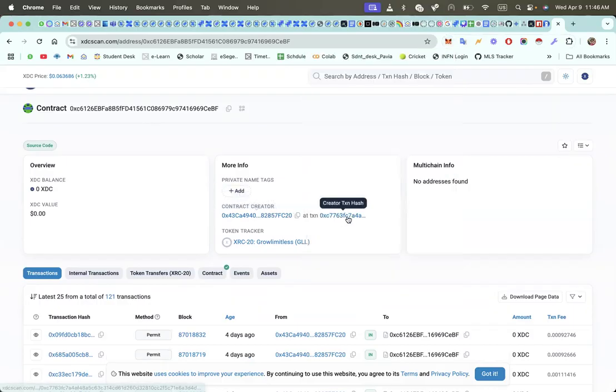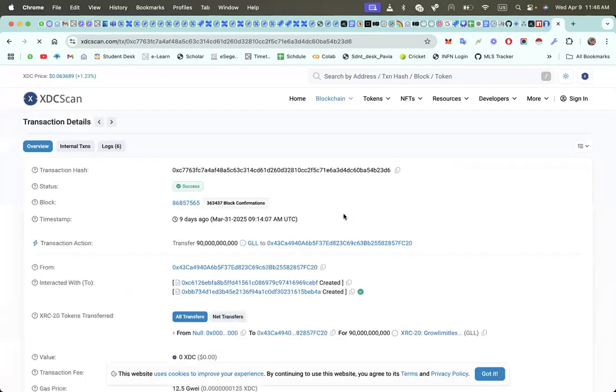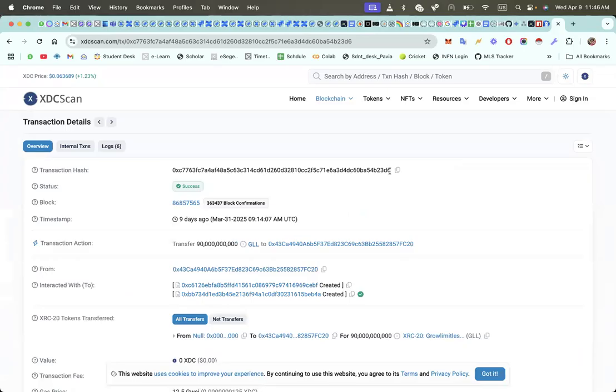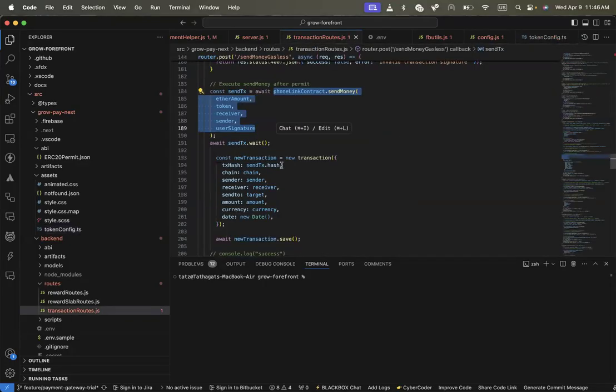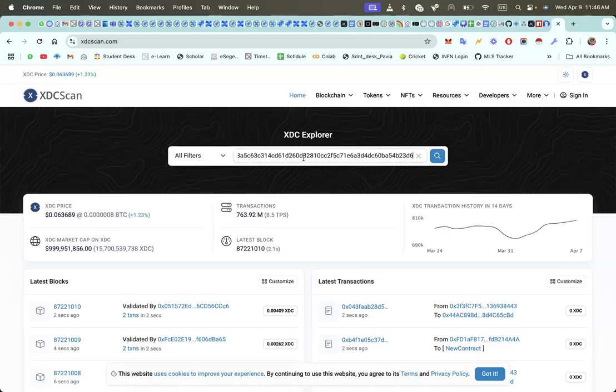At transaction, create a transaction hash. What is this? Any transaction, so create is also a transaction, a CRUD operation. Any transaction in blockchain is identified by a transaction hash. So if you just go to the blockchain scanner and from here you get the dot hash, you should get something like this. Again, it will look like a wallet address itself. It starts with 0x. And if you search it,